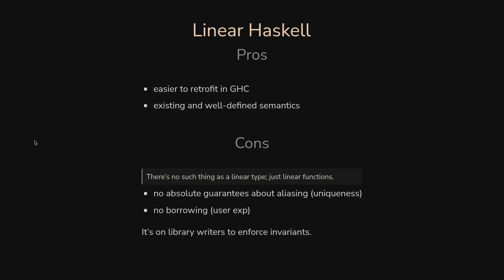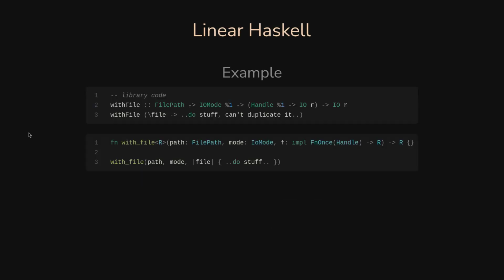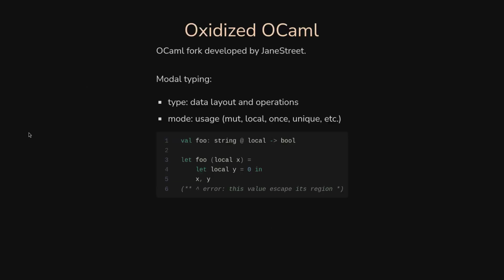So it's mostly used to write nice and safe APIs, but at some point, the person writing the library will need to do the equivalent of Rust's unsafe to say, okay, trust me, this is actually linear. So I put an example, but maybe I will only go back to it if I have time.